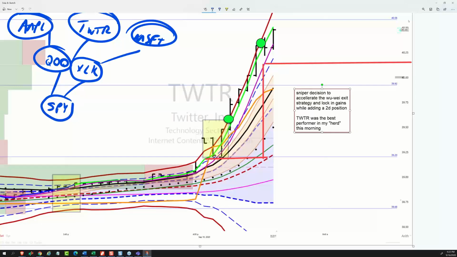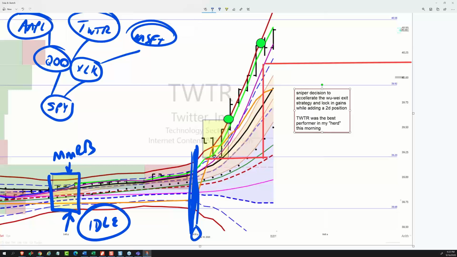So that's my rapid logic chain, and it turned out that Twitter was just crushing it today. So here's the close yesterday. 4 o'clock was it? Or I guess it's here. And here was the MMRB from the idle. When there's no directionality, it's just grinding along, robots trading each other, price just wiggles around here. That MMRB is the size of this MMRB.